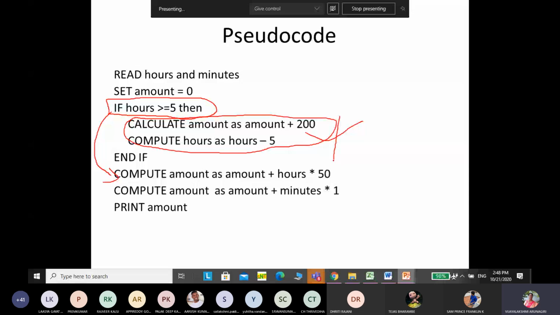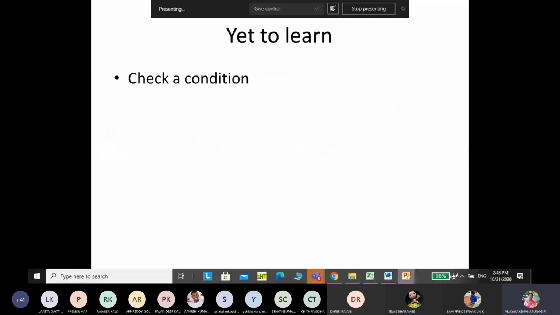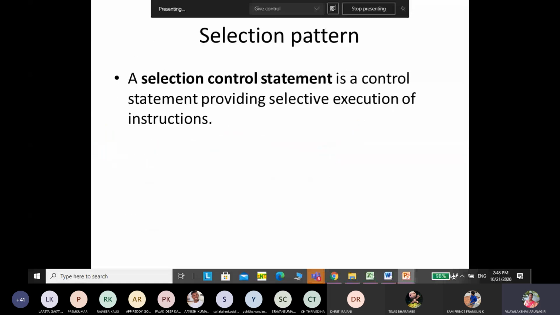So all the statements are not executed one by one, isn't it? Correct or not? Now we'll discuss how to use the selection statement in Python. The selection statement is one of the control statements. Why is it called a control statement? It controls whether you take this one or that one. It makes a decision on whether this statement is executed or not. That has to be decided, which is why it's a selection statement.